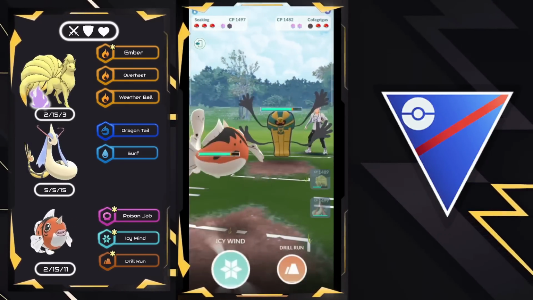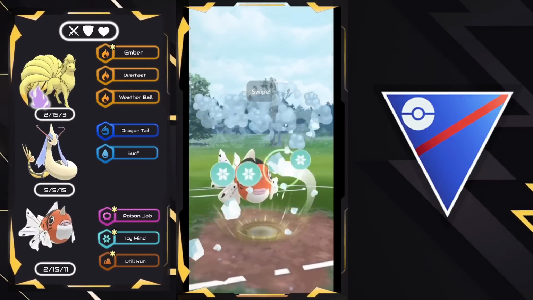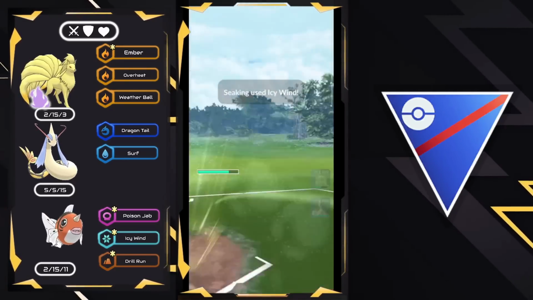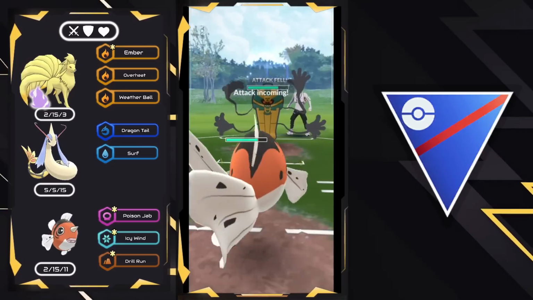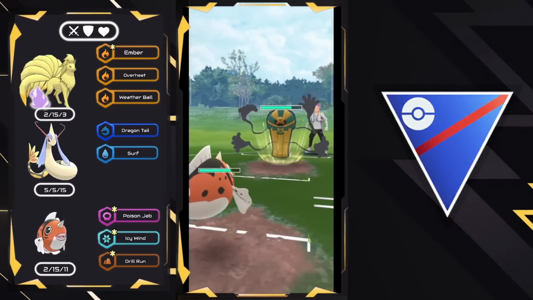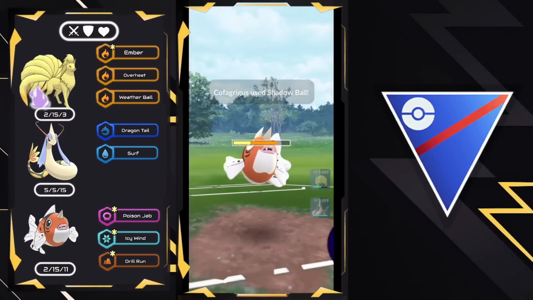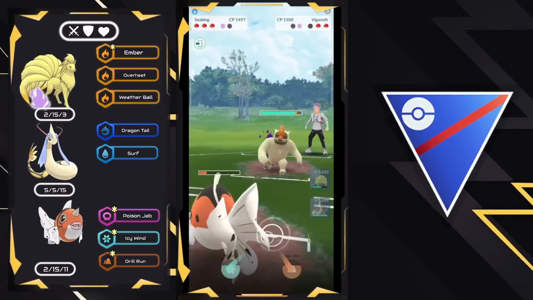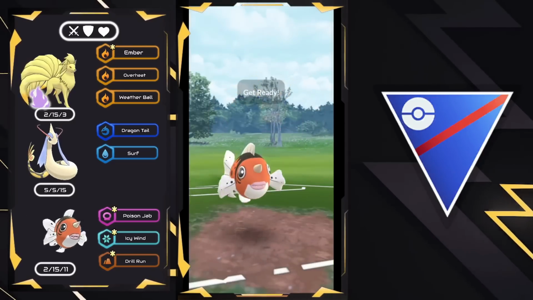Cofagrigus is coming back in, and we win the race here to Icy Wind, which is obviously going to make Seaking a lot tankier. Now, we might not get a shield here, but we do, which is beautiful. I'm going to take it. See, Icy Wind doesn't do that much damage. I don't think shielding this early is a good call for their side, but they decide to swap out now, and sure enough it was a Vigoroth in the back, and we do get to the Icy Wind in time,